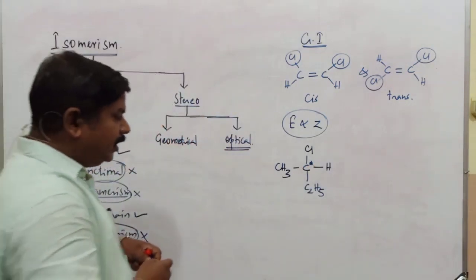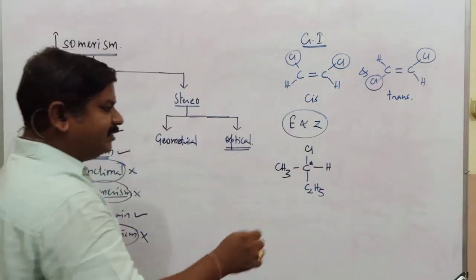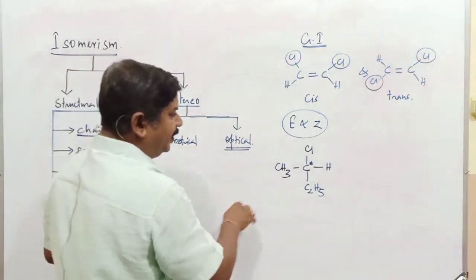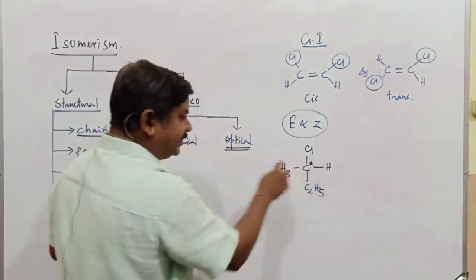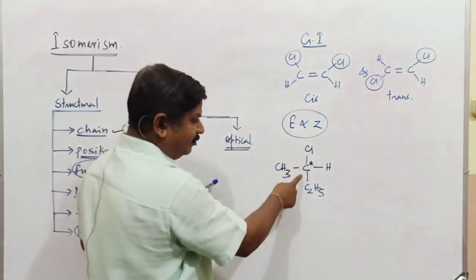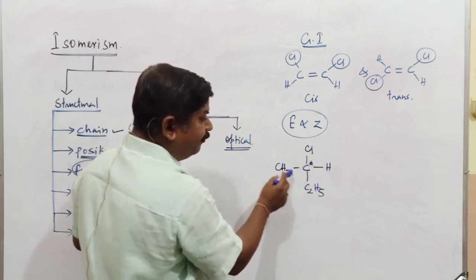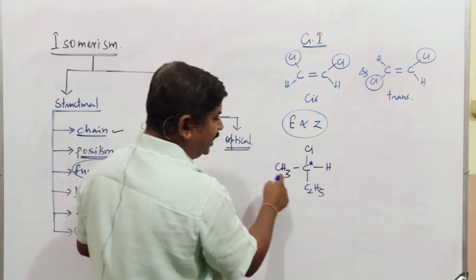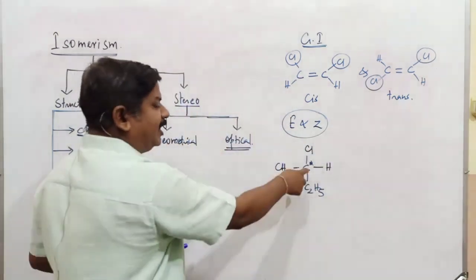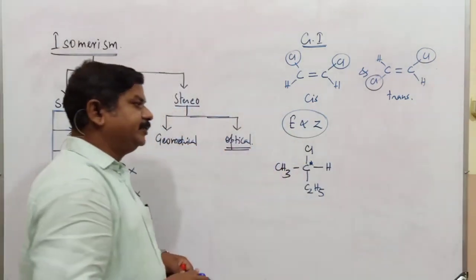Probably you are not aware of chiral or asymmetric carbon atoms. We will discuss optical isomerism in detail in the same topic. But as far as this compound is concerned, why is this carbon atom known as a chiral carbon atom? Because it is attached to four different groups: chlorine, hydrogen, ethyl and methyl. A carbon atom connected to four different groups is commonly called a chiral carbon atom. So such compounds can exhibit optical isomerism.